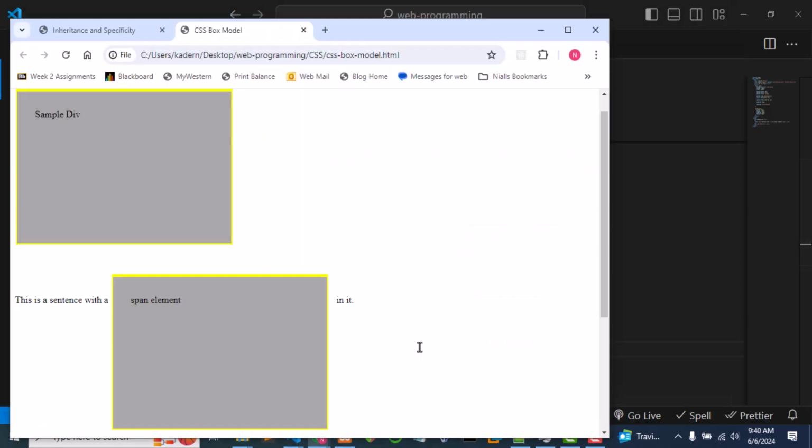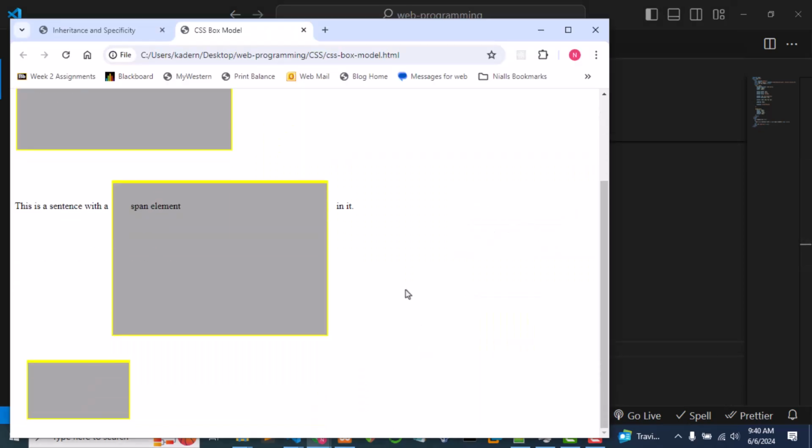I'm saving it and then going back to the browser, and that div is down here. So here you go, you can see our margin. There's nothing inside of it, so it's hard to see the padding, but there's what our div looks like right now. Now, the box model has confused a lot of developers,